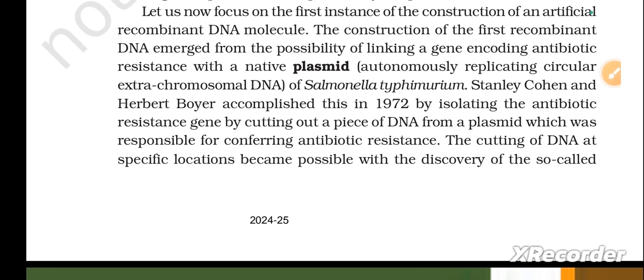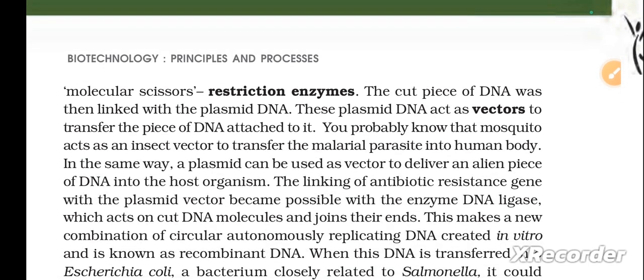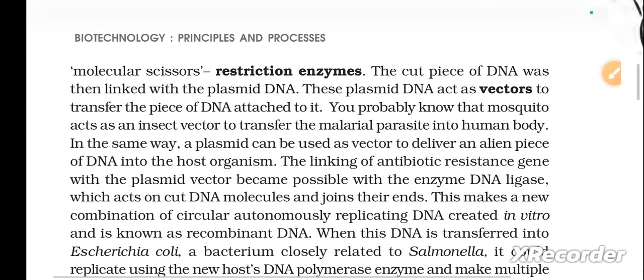The cutting of DNA at specific locations became possible with the discovery of the so-called molecular scissors, that is, restriction enzymes. The cut piece of DNA was then linked with the plasmid DNA. These plasmid DNA act as vectors to transfer the piece of DNA attached to it. You probably know that a mosquito acts as an insect vector to transfer the malarial parasite into the human body. In the same way, a plasmid can be used as a vector to deliver an alien piece of DNA into